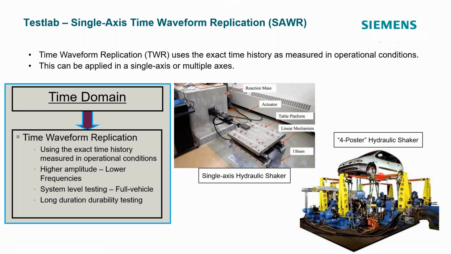So this is a very achievable type of test where we want to replicate those time histories at each one of these excitation points. And we can also use that to replicate responses at any other point around the structure, basically because we have really good representation of our boundary conditions in the laboratory.